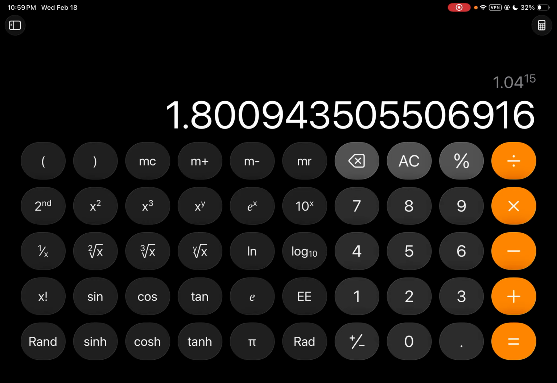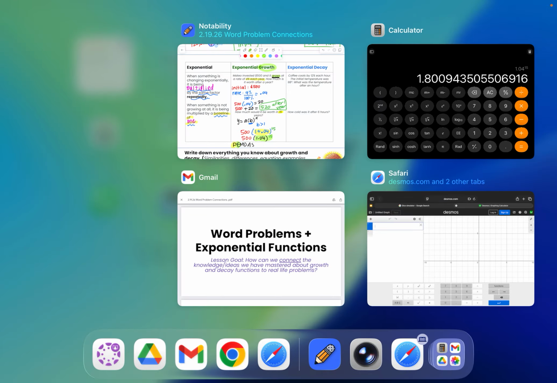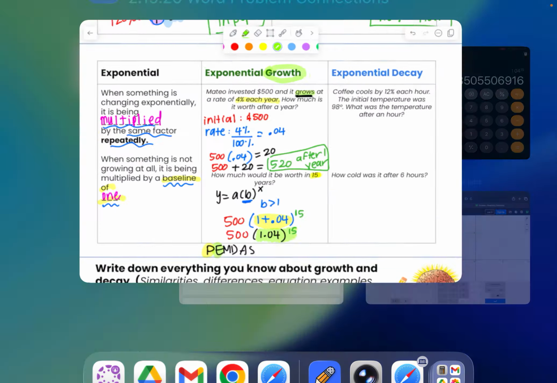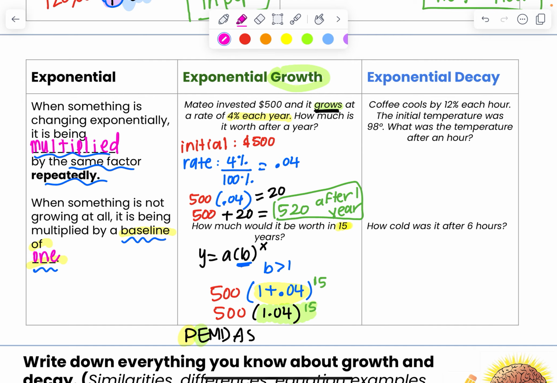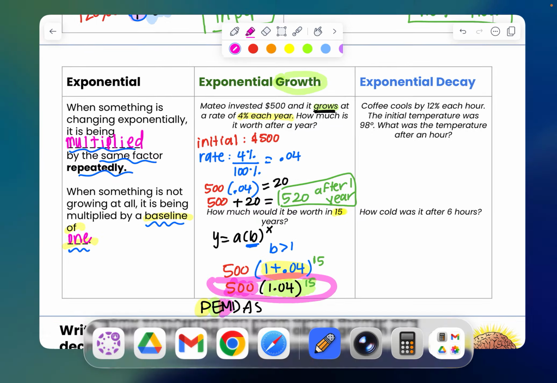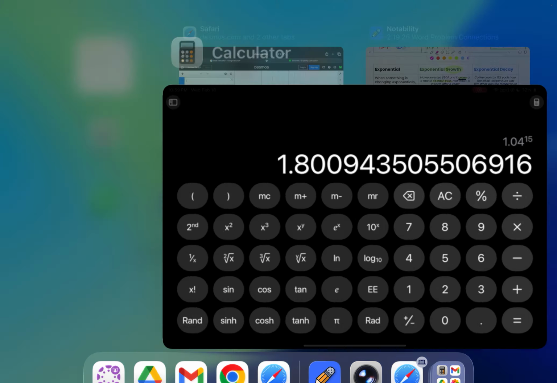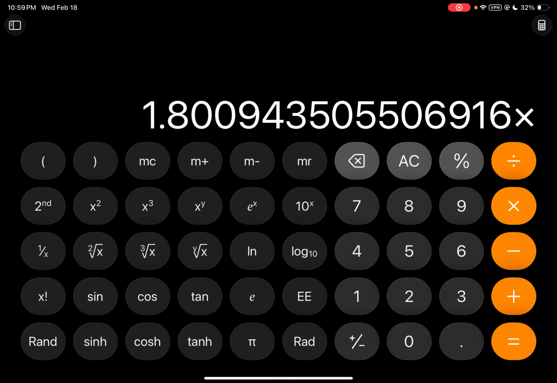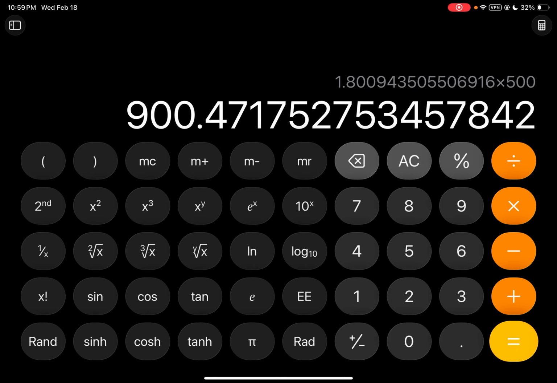I don't want to write all of that stuff out, but I've done the exponent. Then the next part of PEMDAS is to multiply. So I'm going to multiply 500 times that amount that I just had, right? So now I'm going to multiply by 500, and I get this amount, 900.47175727, like all of these things,